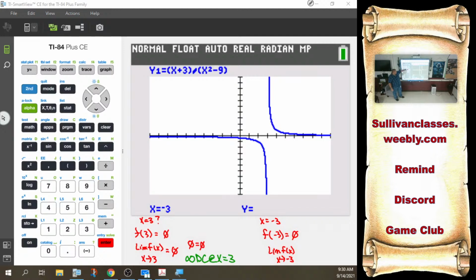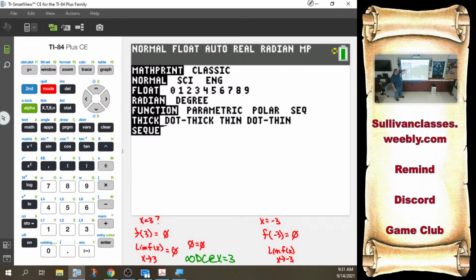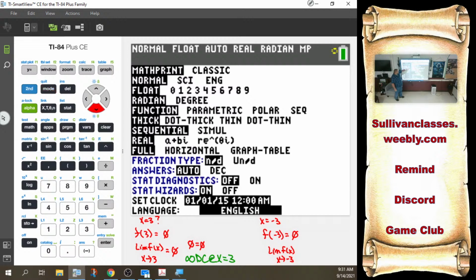Okay, I want you to pay close attention here. Look at the y's as I go to negative 3 point something. As I go to negative, oh. So it looks like on both sides of this, it is actually headed in the same direction. Real quick, I'm going to switch my mode over to decimal so it's a little easier to understand. Not everyone's a fan of fractions.